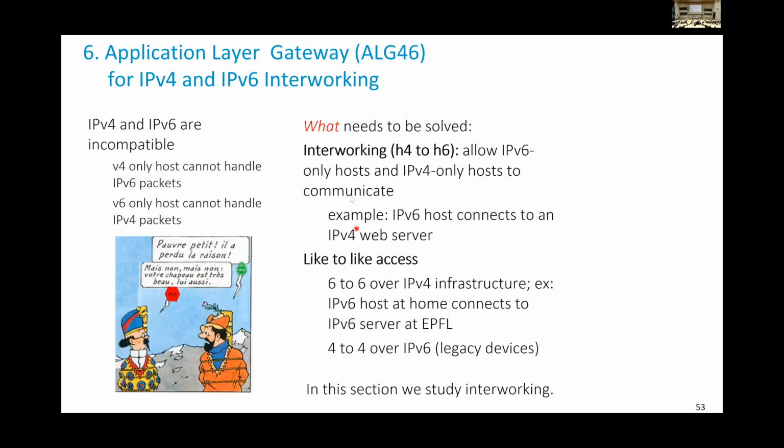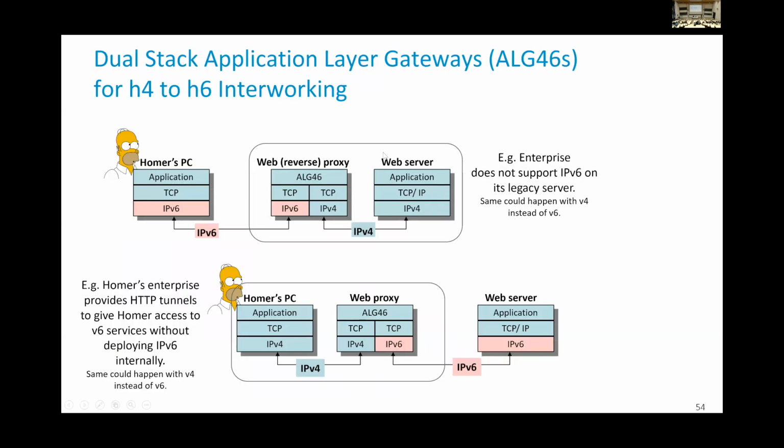So like-to-like versus interworking, there are different things. This is a networking problem: how do I carry IPv4 packets over something that is not end-to-end IPv4? That's a relatively easy problem. Interworking is how do I translate an IPv4 stream of packets into IPv6? Now, for translation, there is a stupid but very simple way,